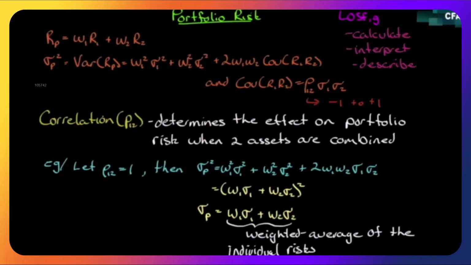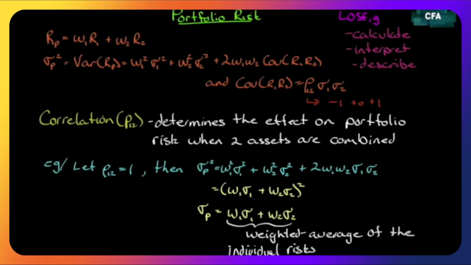We're on to our next learning objective. Actually, we're going to do two at the same time here, E and F, just because they're hard to tear apart. E has keywords of calculate and interpret, and we're calculating and interpreting portfolio standard deviation. And we've already taken quite a few steps towards that. F has keyword describe. Describe the effect on a portfolio's risk of investing in assets that are less than perfectly correlated. And it's that last word, correlation, that really makes up the heart of learning objectives E and F here.